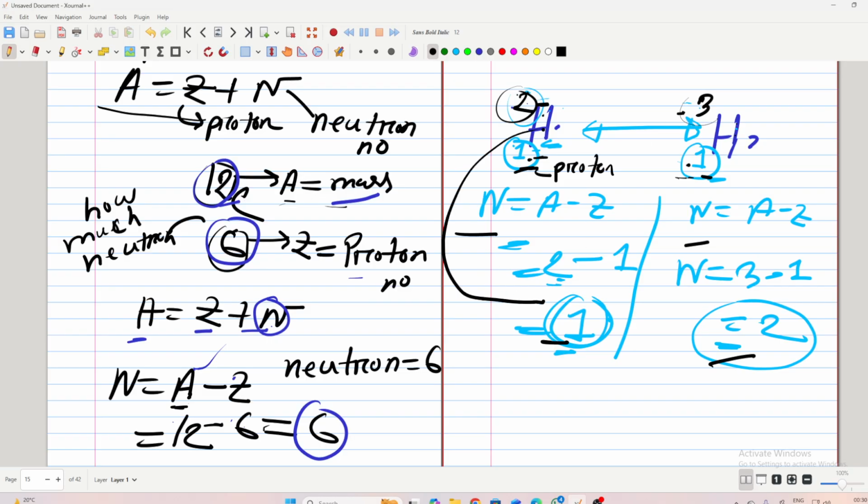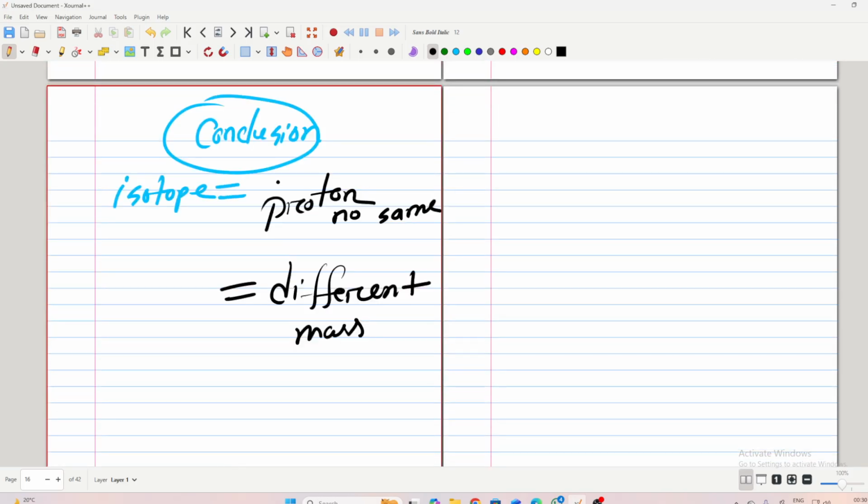That means neutron numbers are also different, mass numbers are also different. Am I clear? So in an isotope the proton number is the same but they have different mass